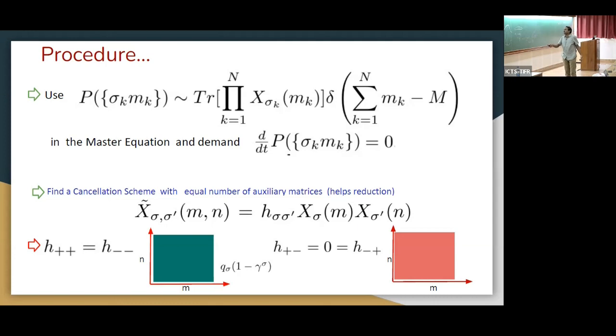And I find that H sigma sigma prime should depend on Mn. Okay, so for H sigma sigma prime, the plus-minus and minus-plus cases are the same, and everywhere else it is 0. Okay, but when they are the same, plus minus, then this value is q sigma into 1 minus sigma prime. On the boundary, it is 0. So this is the trouble which I could not manage. If there is no color mismatch, then it is okay. Either you make it red, then it is okay, or you make them green, that is also okay. So this is the problem.